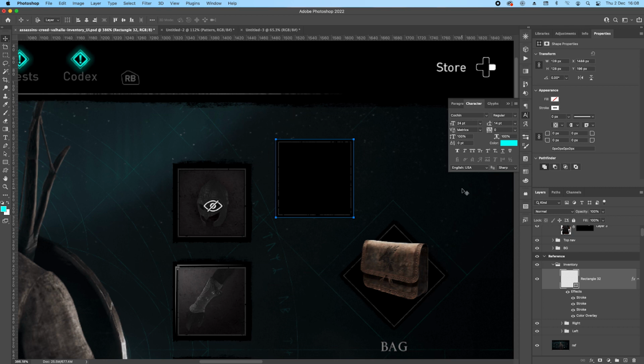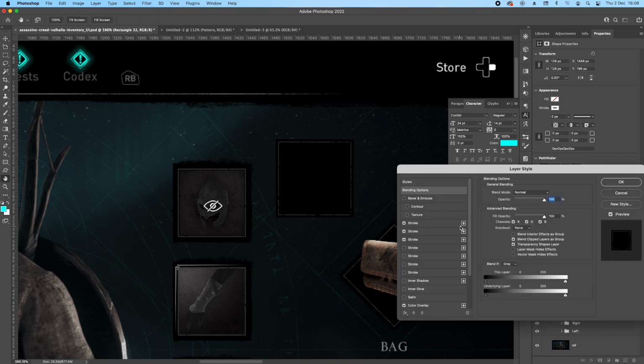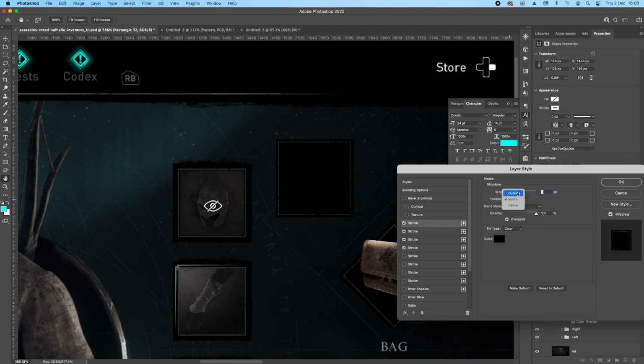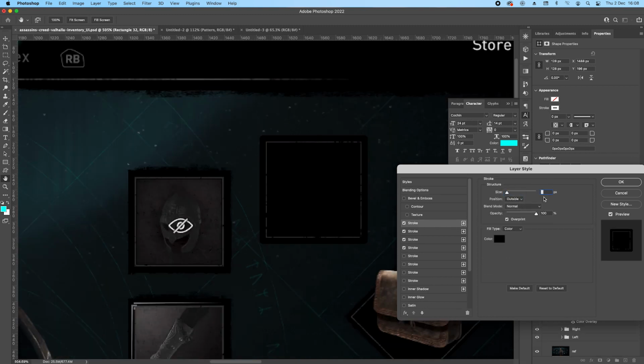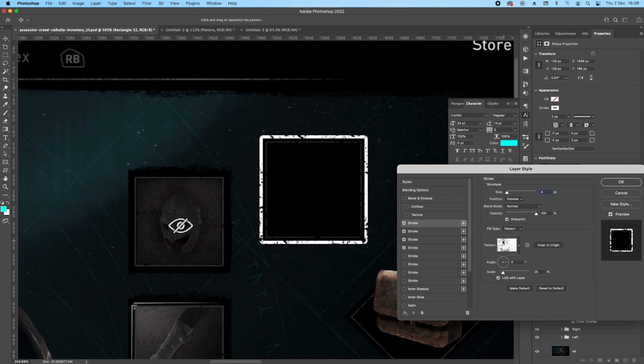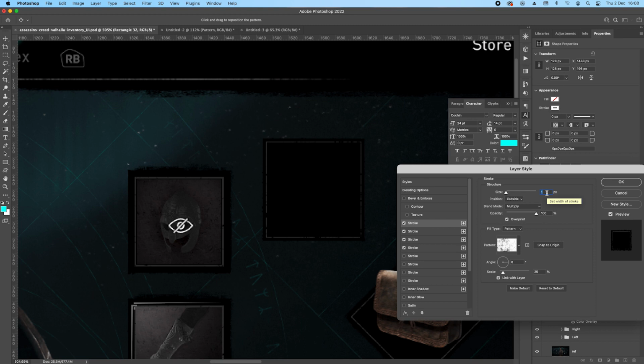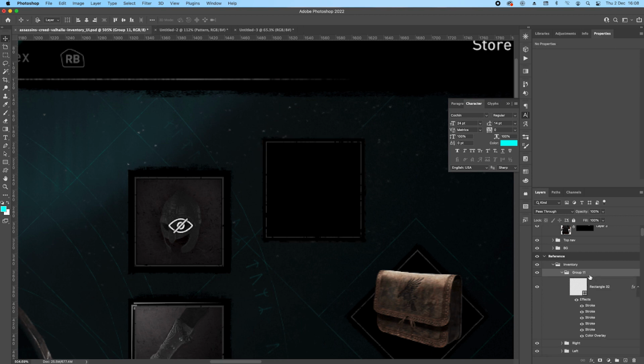Yeah, should be fine. That's good. And also forgot to add another one, which is going to be outside. Yeah, it's going to be pattern and multiply, and just maybe like 1 pixel, and then make another one which is 2 pixel. Snap to origin, move it a bit around like that. There we go. I'm gonna call this bag